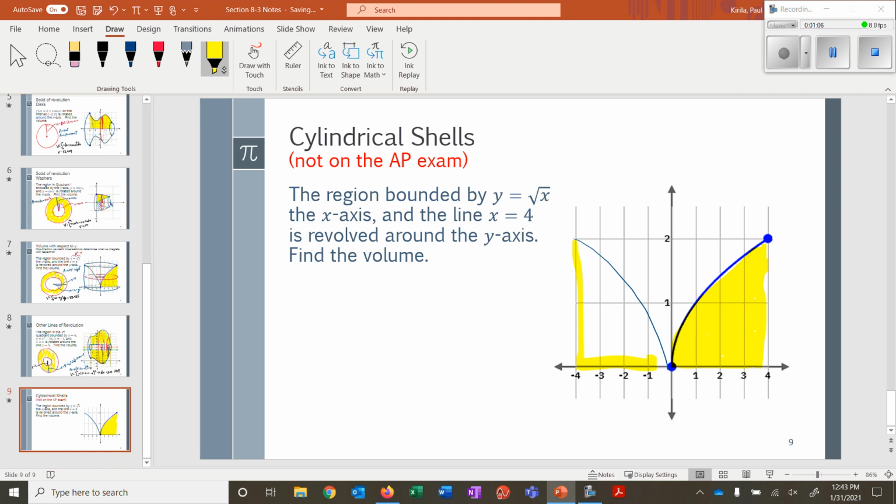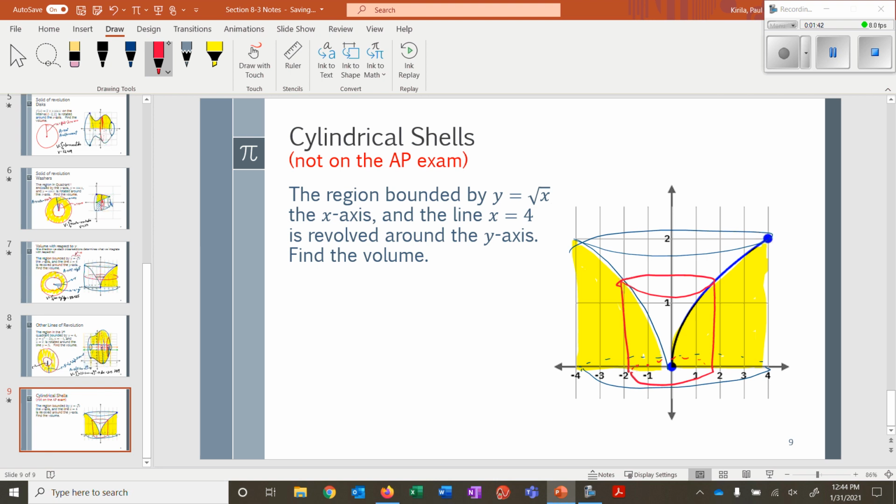So here's the rest of my region. I get this kind of bowl shape. And the idea of this is, instead of slicing and looking at cross sections, I'm going to take like a cookie cutter or a biscuit cutter, and I'm going to cut down. And I'm going to cut out a cylindrical shell